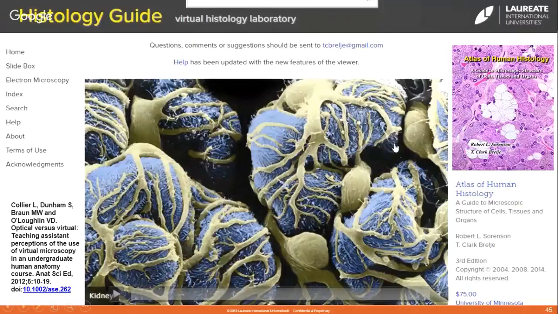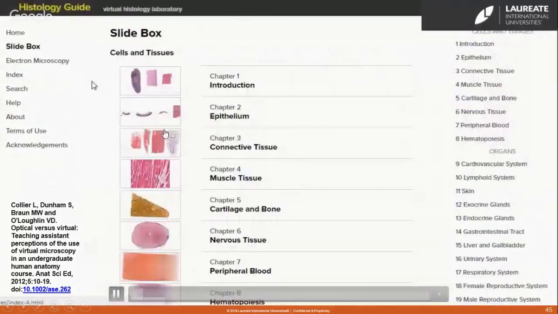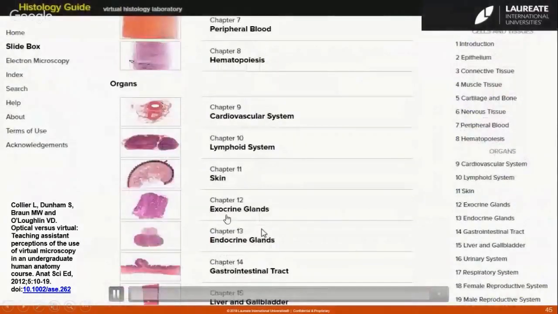This is an example of a virtual microscope, the Histology Guide. It's free access on the web, and wow, I really like this kidney. This is really amazing. It has pictures from electron microscope, but I am mostly interested in the optical microscope. So you can see here they have the slide box where we have all the subjects we need to